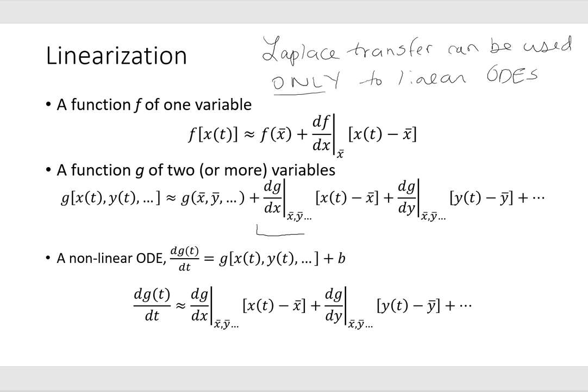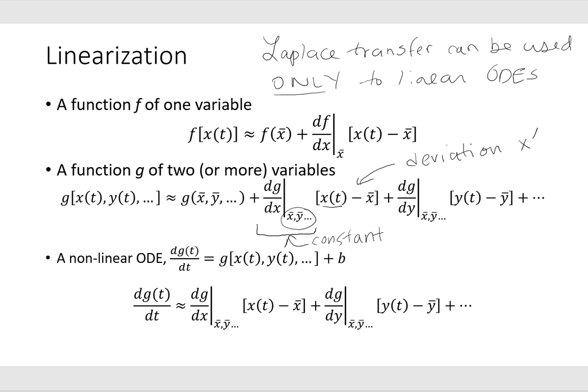Then we'd have this same term where we take the derivative of that function with respect to the first independent variable x, evaluate it at the initial steady state conditions. That's going to be a constant after this operation, and multiply it by this difference between the natural variable x and its steady state condition. So this, if you recall, is the deviation variable